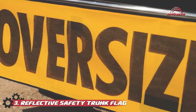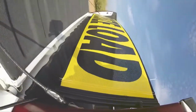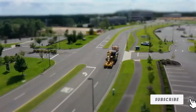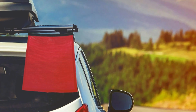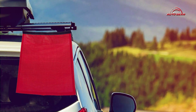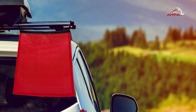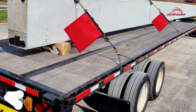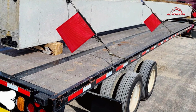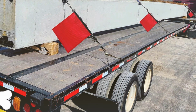The Reflective Safety Trunk Flag is a bright, reflective flag that attaches securely to your vehicle's trunk or rear. When headlights hit it, the reflective material shines brightly, alerting other drivers to your presence. This gadget addresses the critical issue of visibility, especially during emergencies, breakdowns, or nighttime parking. It's an inexpensive but effective safety feature that significantly reduces the risk of accidents by making your vehicle more noticeable